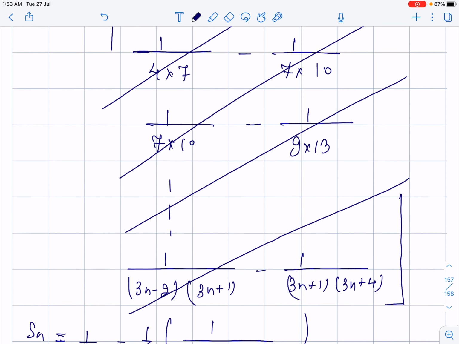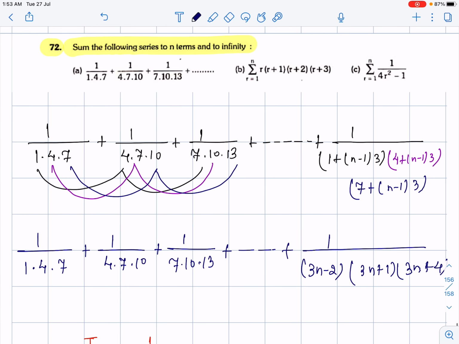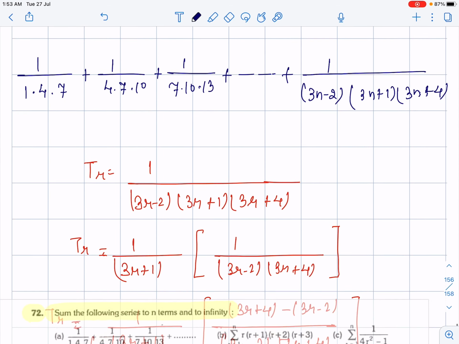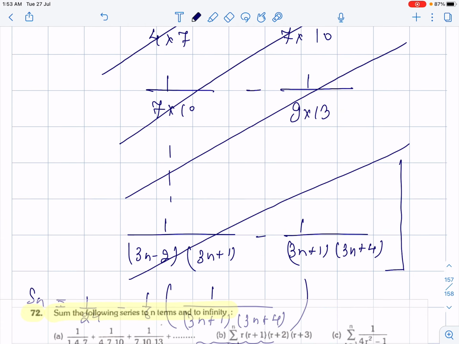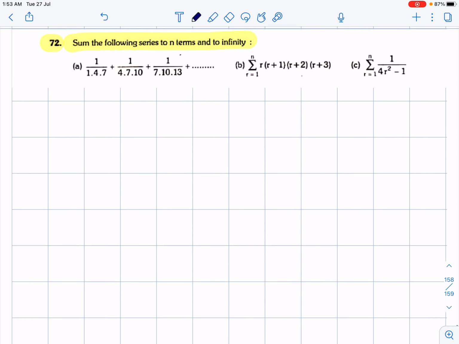Now let's move on to the second sub part of this question. What is given to us? Guys, the summation of r(r plus 1)(r plus 2)(r plus 3) is asked. So we have to solve it by making use of the method of difference. You should not solve it directly, because fundamentally we are not solving it right if we solve it directly. So we have r into (r plus 1) into (r plus 2) into (r plus 3).